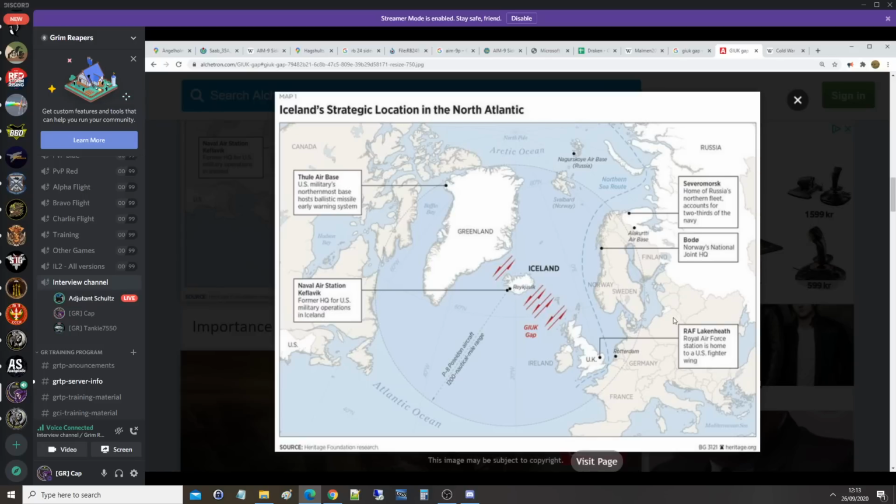So here on the right side, we got the Warsaw Pact. Far over on the left, we have the U.S. In the middle is the big battleground for a potential World War III. So if you have played Larry Bond's Harpoon game, or read Tom Clancy's Red Storm Rising, you know that this middle ground here, the Greenland, Iceland, United Kingdom gap, would be a keystone for winning a conventional World War III, especially since Russia...